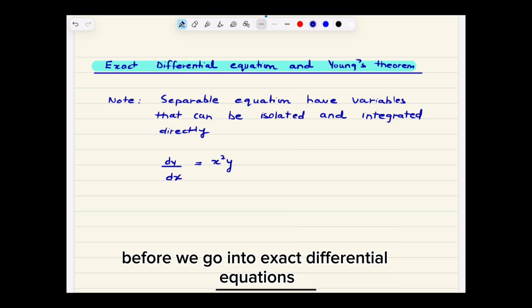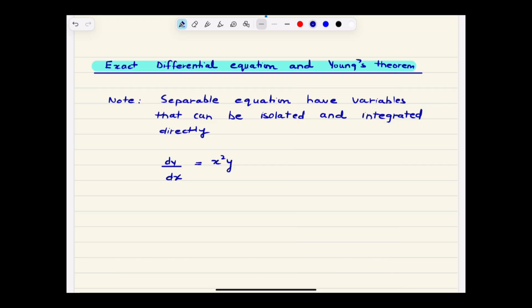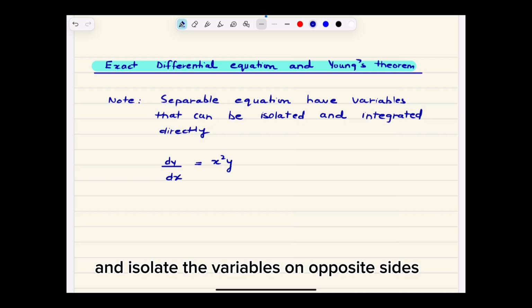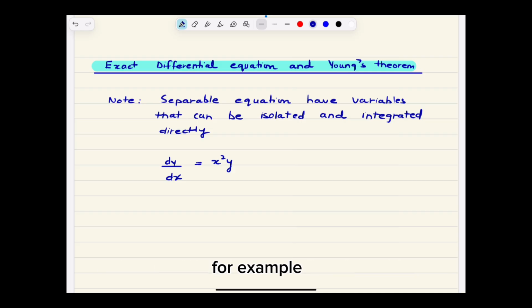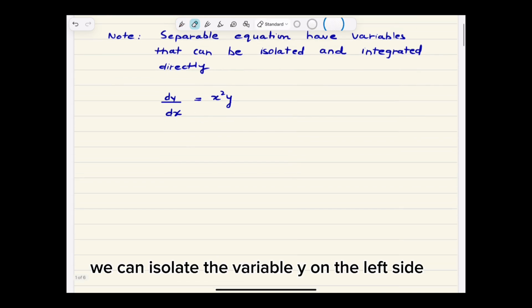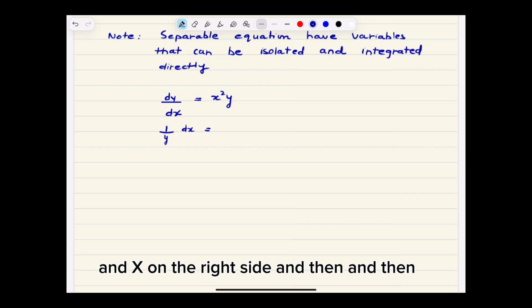Before we go into exact differential equations, let's quickly recall something familiar, separable differential equations. In separable equations, we can rearrange the terms and isolate the variables on opposite sides and then integrate directly. For example, if we have the derivative of y in terms of x as x squared multiplied by y, we can isolate the variable y on the left side like this and x on the right side, and then